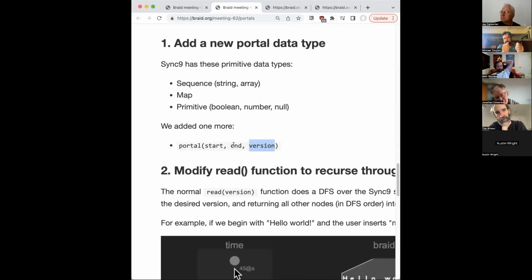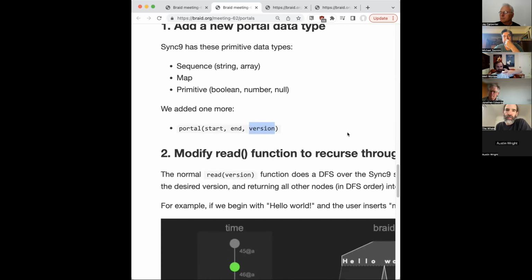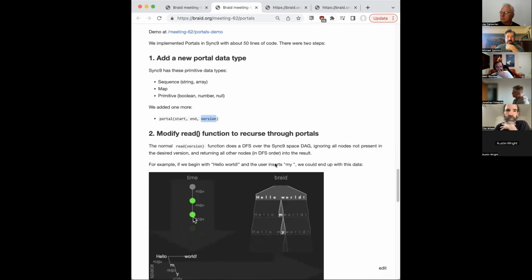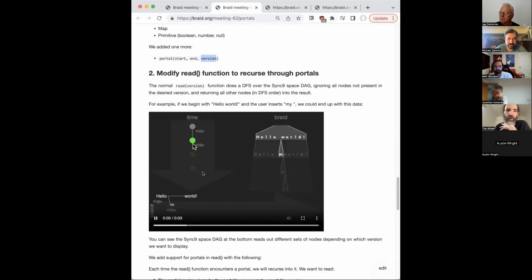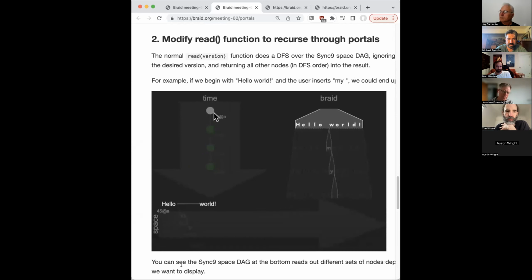You just need to know which location this is a portal to, a location in spacetime or the collapsed version of spacetime. So when you do a start index, end index, you would have to essentially get a snapshot of what the document looks like at that version, so you can figure out what characters are between that start and end index. Exactly, yeah, and that's what this is trying to show. Sync9 gives you the ability to rewind in time, and you can see the space down below. You can see which edits are appearing and disappearing, and that allows you to see exactly what it looked like at any point in time and reconstruct it, and then we know what positions things are at.